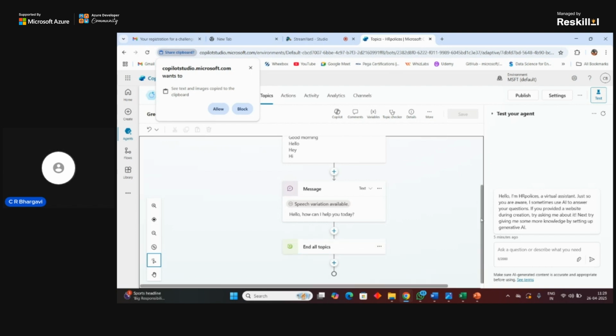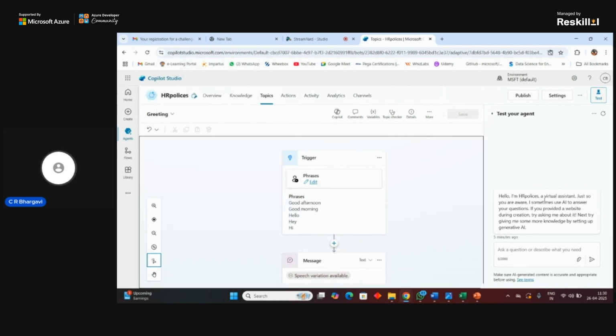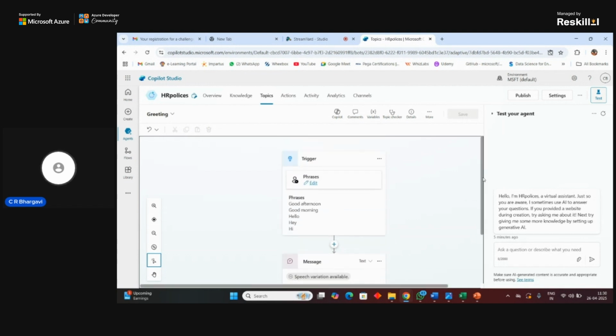It can also have the message saying hi, hello, hey, any of those formats, and it should return you back with the response. All the response and other things are mentioned here. And how can I help you is what it would give you back as the result. From there you can go ahead and start using it.